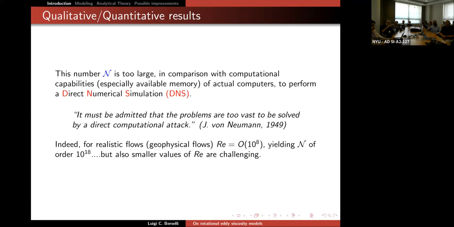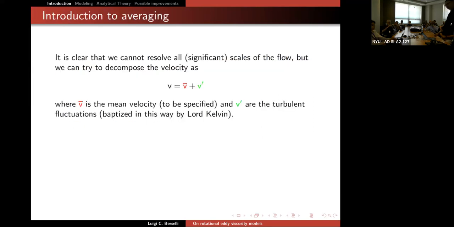So you have a lot of points, and the main difficulty is that you need a very large amount of memory, so you cannot store all the data. A direct numerical simulation was impossible at the time of von Neumann, but it is impossible also in our times. Okay, so